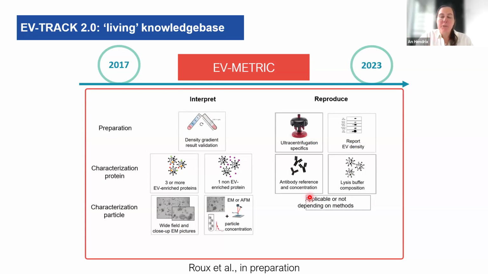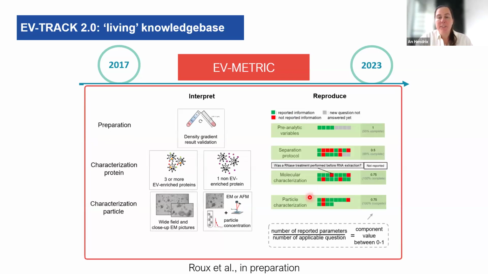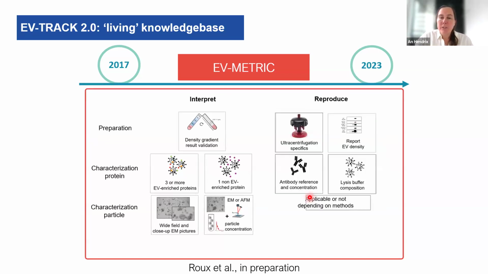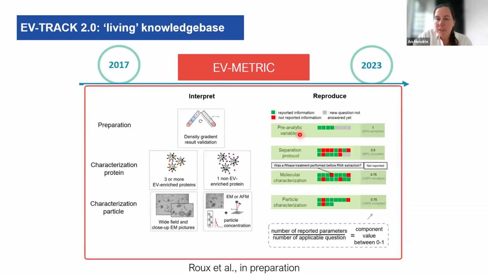In terms of reproducibility, we now propose a slight adaptation where we do not only request the specific reporting of a couple of parameters related to protein analysis or the use of ultracentrifugation, but we adapt the metric by assessing the report of each of the different parameters that you should report if you implement a particular